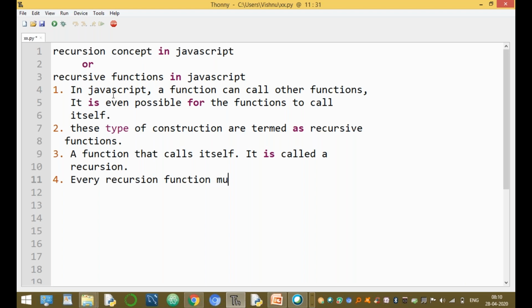Every recursive function must have a base condition. Without a base condition, the function is executed repeatedly, infinite times. So that's why we are using a base condition. That stops the recursion.